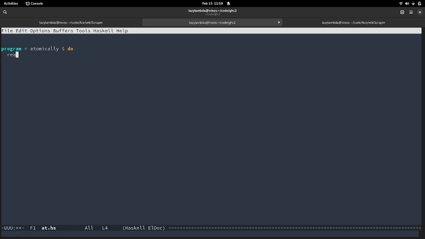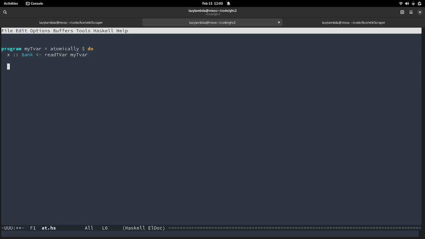But we have read TVar, and this is going to get X here, which would be of the type bank.